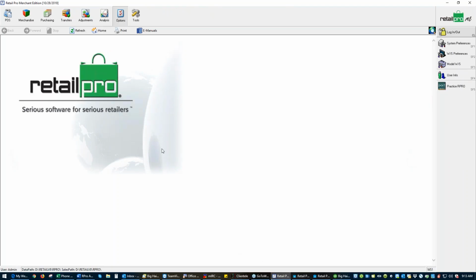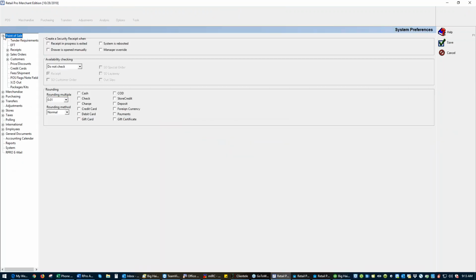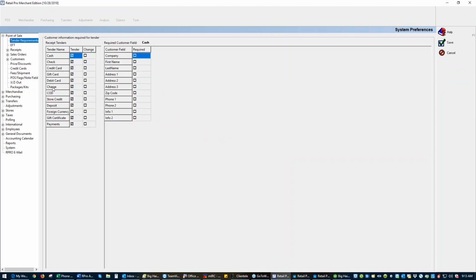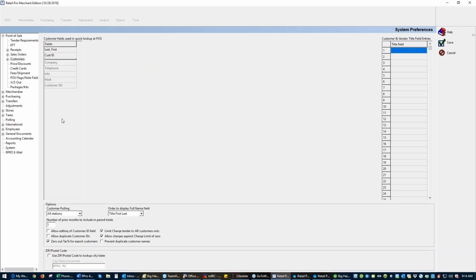And back to Retail Pro 8 for a moment. Under Options, System Preferences, and Point of Sale, under Tender Requirements, we have our charge. When we select charge, we've got customer's last name and phone number selected as being required. Under customers, we limited charges to AR customers and allowed a charge limit of 0